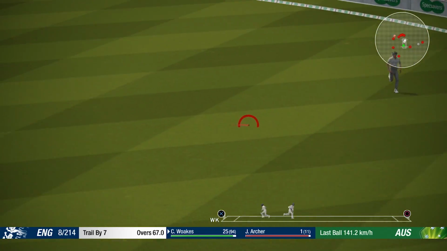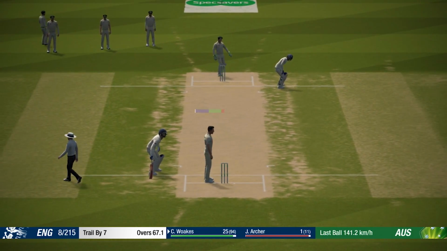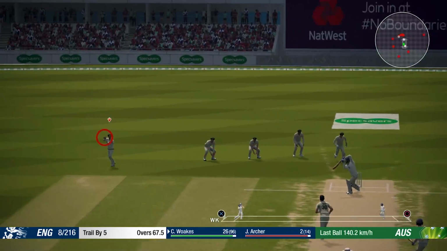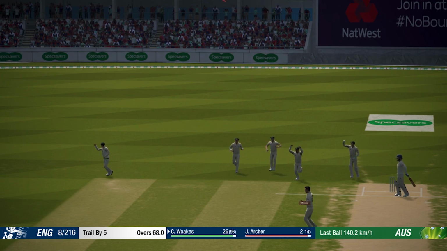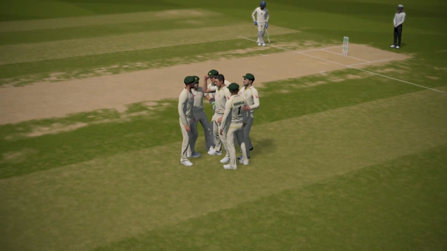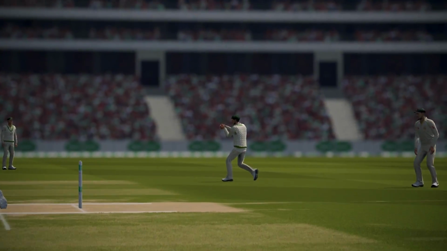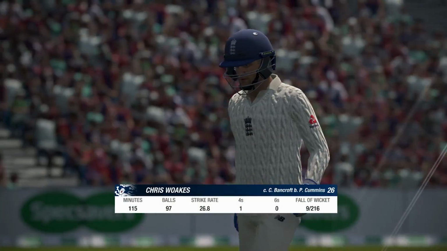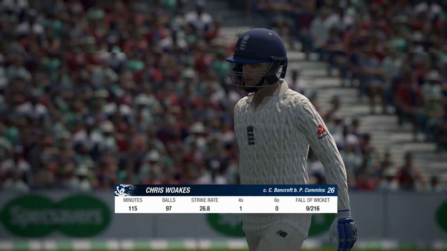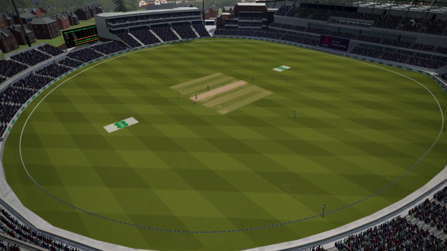So this is almost like how Cameron Bancroft played his innings. Very slow. Of course, he was trying to keep Jos Buttler in. That was Chris Woakes. Now, a lot of the pressure is heaped on him. That's a wicket. England 9 down now. They're still 5 runs behind. It's Pat Cummins who gets it, and a good sharp chance taken at the gully there from, I think it was Bancroft, was it, who took that catch? Can't quite see here. It was Cameron Bancroft. So England 9 for 216. They still need 5 runs to force Australia back out into the middle.